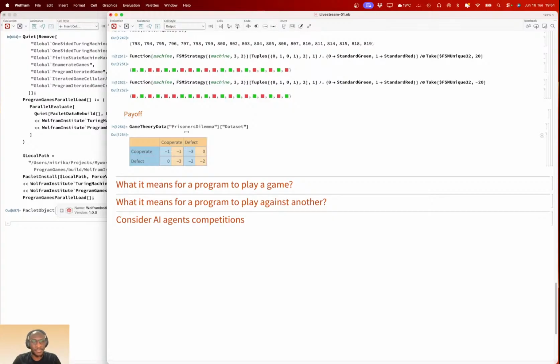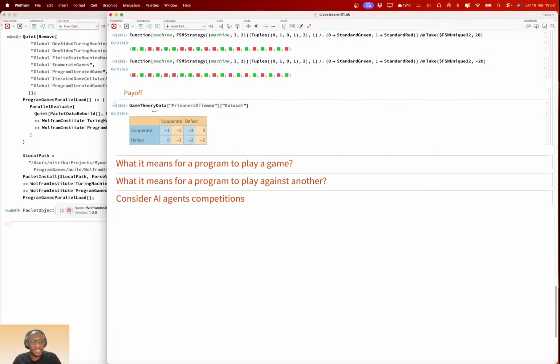For Grim Trigger, if you do that, you get punished. The first defector usually gets punished. In prisoner's dilemma, you never defect in Grim Trigger unless the other guy defects first, which means you get the advantage, right? So that's an example of payoff.